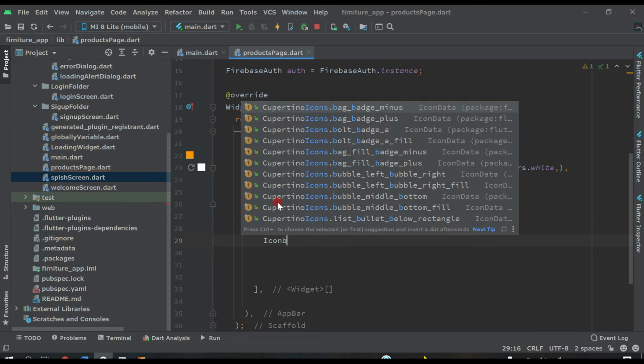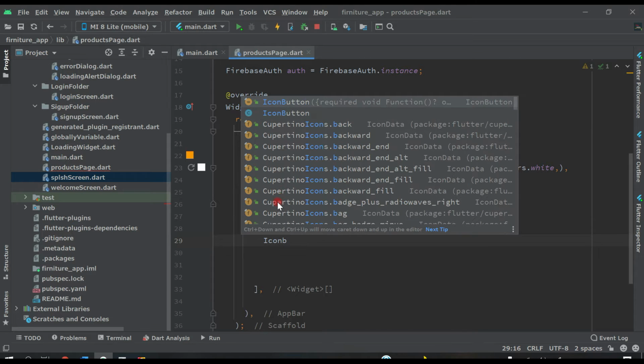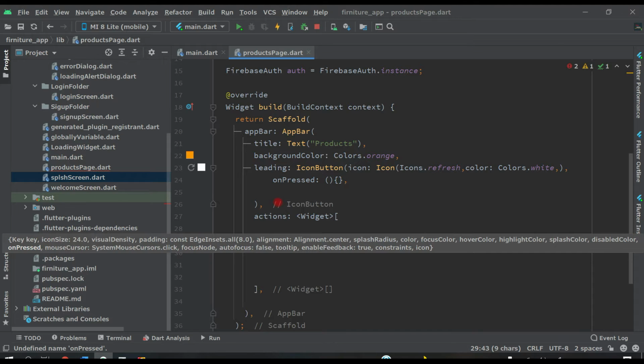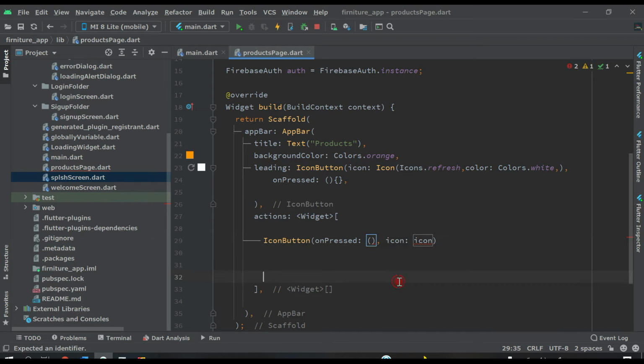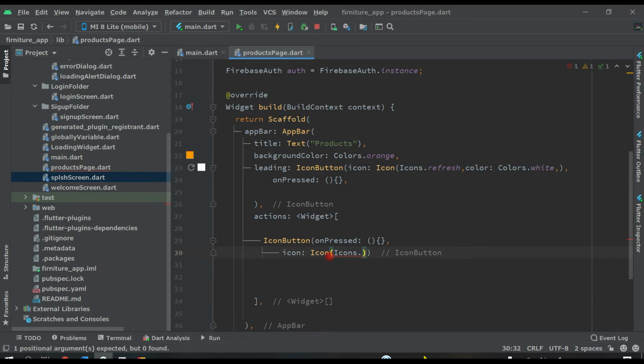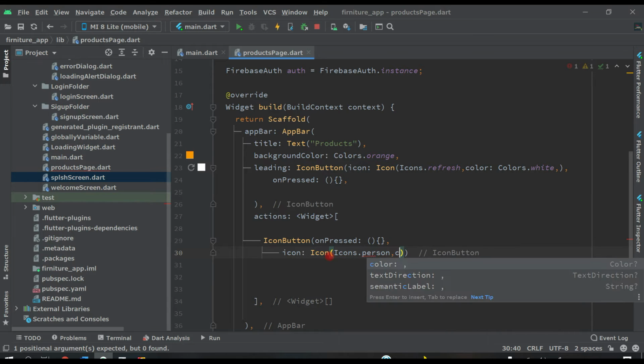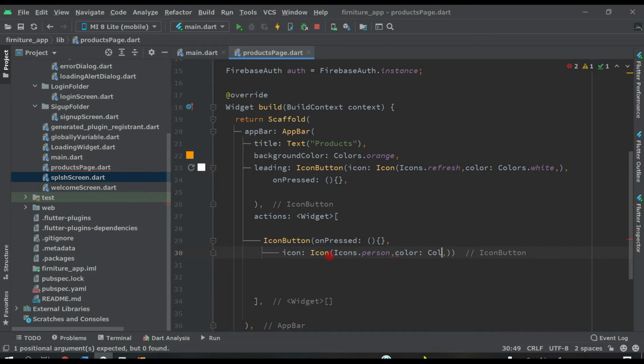Icon button, on press, and then add two brackets and enter, and here icon, then again open brackets and Icons dot person, and the color will be white, Colors dot white, and put a comma here. Let's break this down like this.